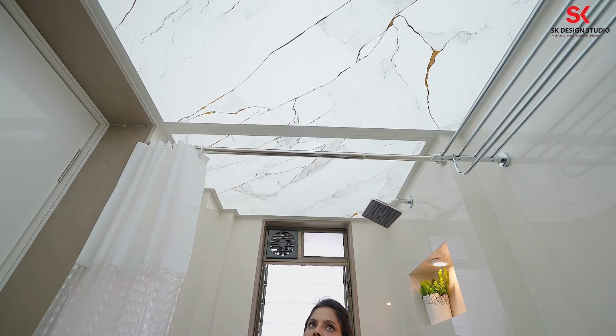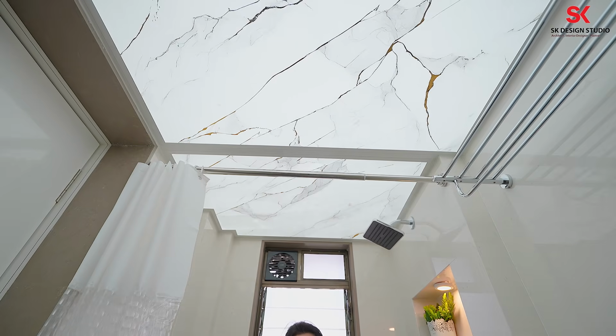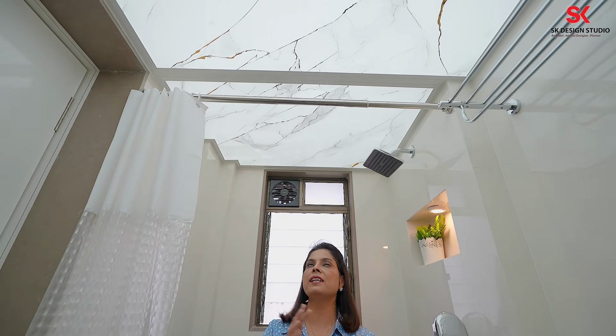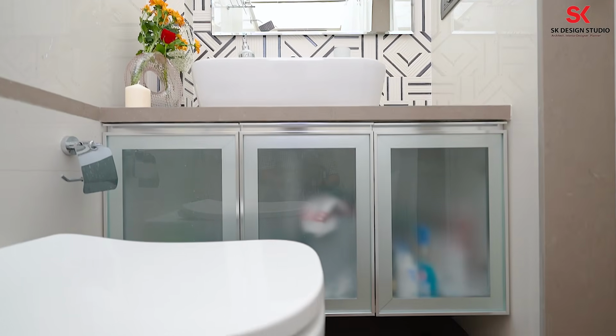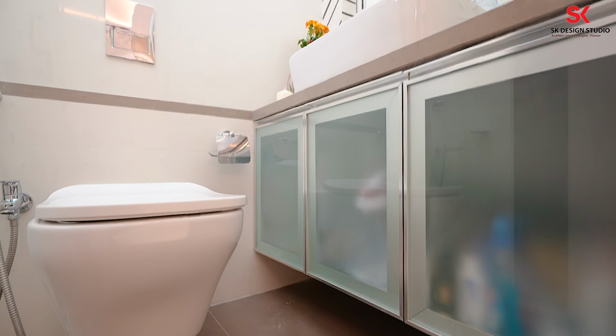And on the top here, this is the highlighter of the bathroom. We have used this beautiful alabaster ceiling. Because of that, it gives a very subtle and diffused light, and with this use of alabaster, the toilet, though very small, gives the effect of a bigger toilet. Below the wash basin, if you see, there are 3 profile shutters finished in glass, and those are used for hiding all your extra storage for the